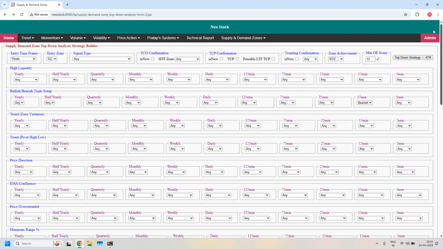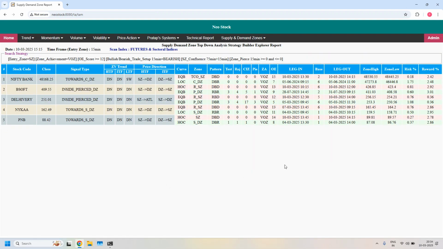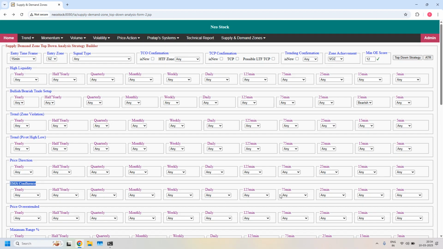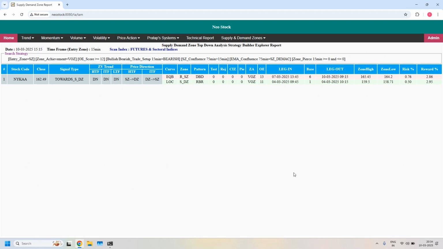With this filter, out of 9 stocks, we got 5 stocks. These 15 minute supply zones are overlapped with 75 minute supply zone. Now let's check 75 minute supply zone having daily EMA confluence. In the EMA confluence at 75 minutes time frame, checking 75 minute supply zone having daily EMA confluence. 1 stock is filtered. So this 15 minute supply zone is even more high probability trade setup to get the